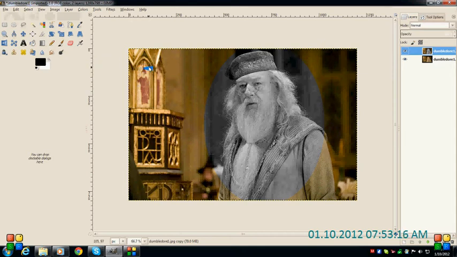But there's probably this. I'll undo that for now. I'll go edit, undo. You can always, and I'll go edit, undo twice. Another way of going about this is we could use, instead of using the ellipse, the scissors, the intelligent scissors. And hang on, I'll just go select none, click on the scissors, and I could